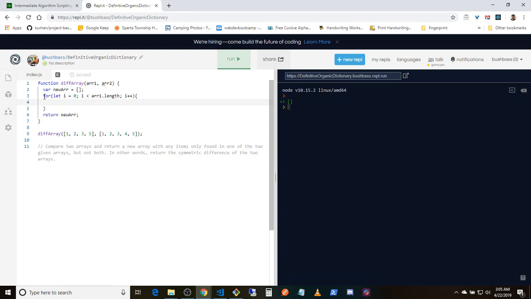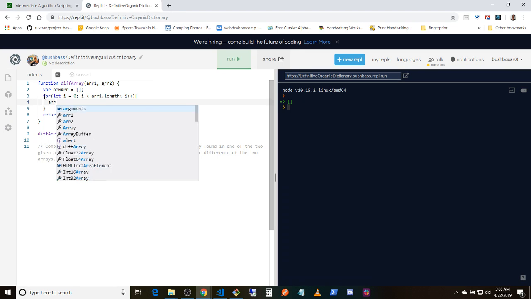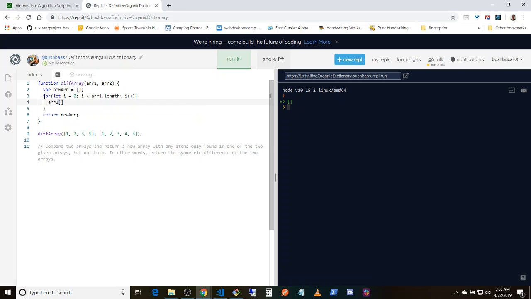Okay, so there's the loop, and then we're going to compare. We've got array 1, each item of it, right? Alright, so we need to do if this happens. If it's not in there, put it in the array, right? Or if it's not in the other one. If this single item is not in the other array, right? So if something,